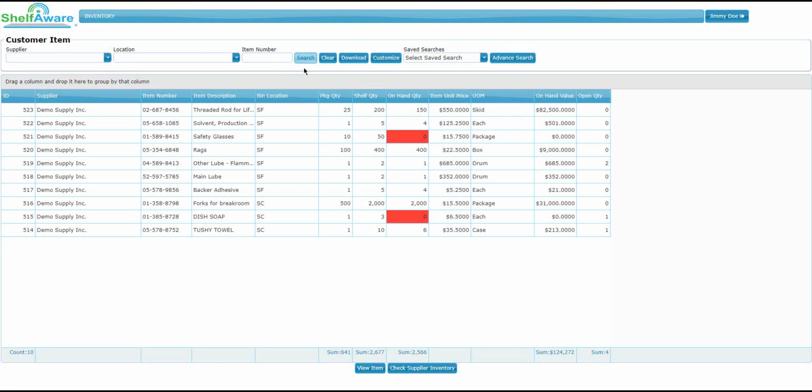So I'll go ahead and hit search. It's going to return every item that's on the platform. We currently have 10 items set up. And this gives a real high-level summary view of the items on the platform and their current status as an item. So you don't get to see a detailed view of each item's current on-hand packages, but you do get to see high-level information like item number, description, package quantity, shelf quantity, current on-hand, unit price,